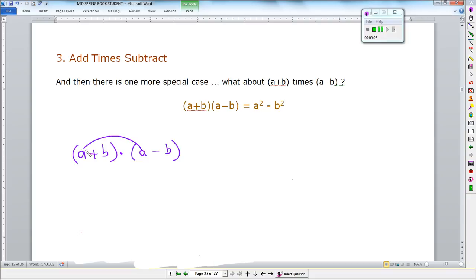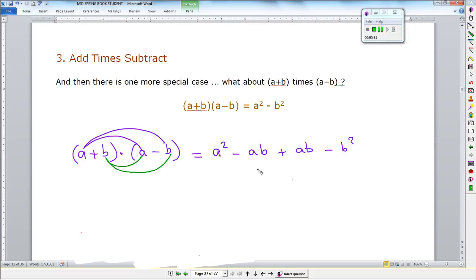Again, we will distribute the first term of our first binomial with each one of the terms in our second binomial. So that will give us a squared minus ab. Next, we will distribute the second term from the first binomial with each one of the terms in the second binomial. So that will give us plus ab